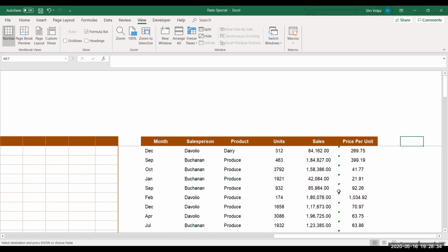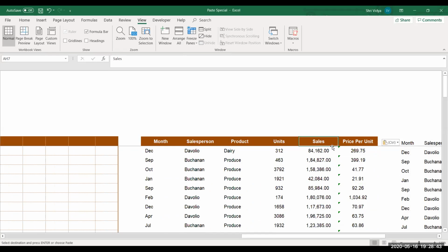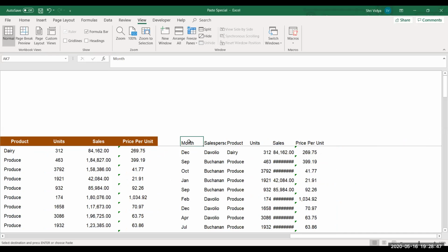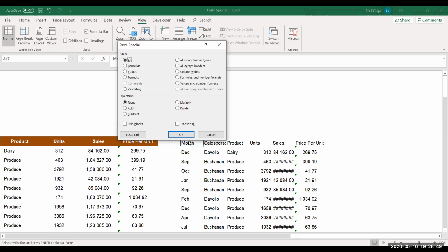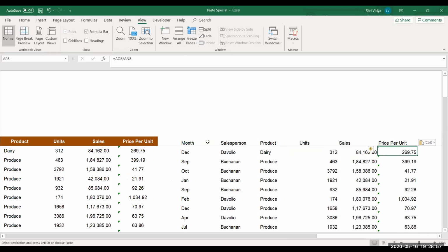Okay. Now let me paste as formulas and number formats. Now let me give this. See over here, we have pasted it as formulas before, but we have seen that the number formats were not given. You can see now formulas are retained.